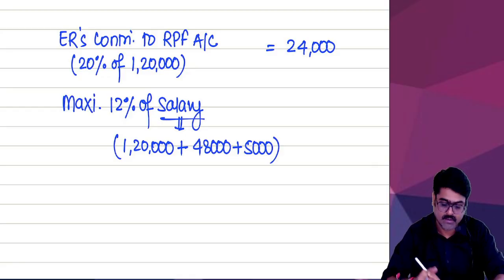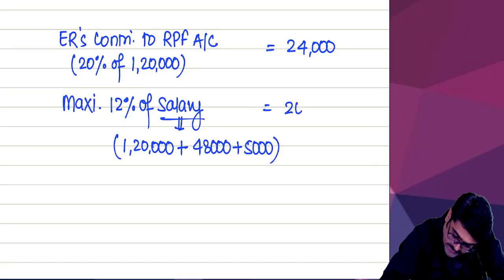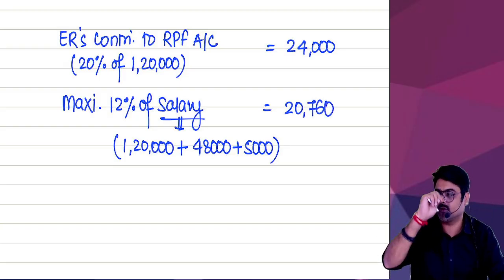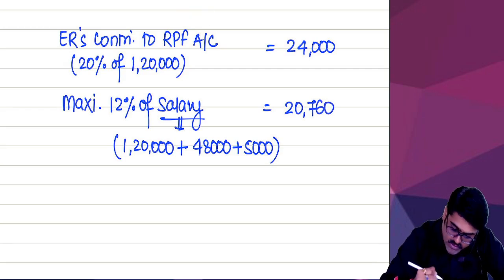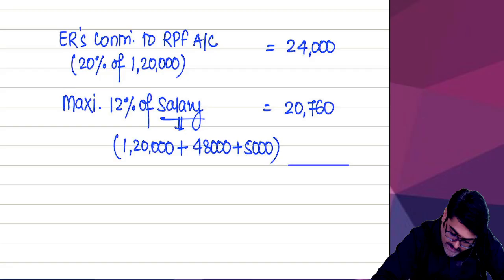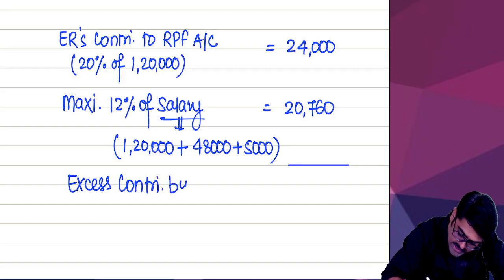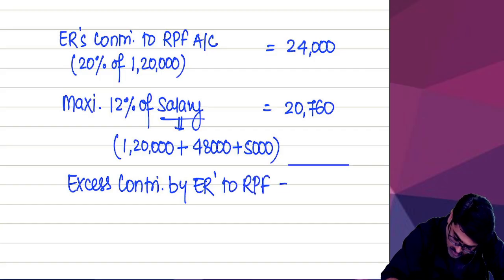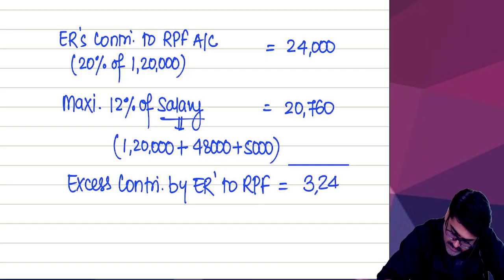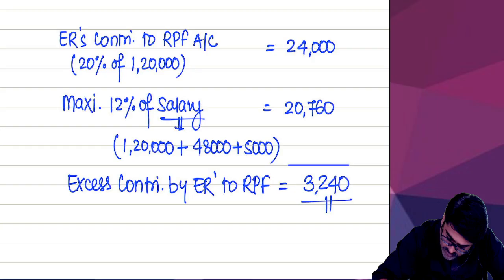1,73,000, 12% of that is 20,760. So the employer should contribute 20,760. But how much is he actually contributing? So can I say excess contribution is happening? Excess contribution by the employer to the RPF account. How much? 3,240. This will be taxable under the head